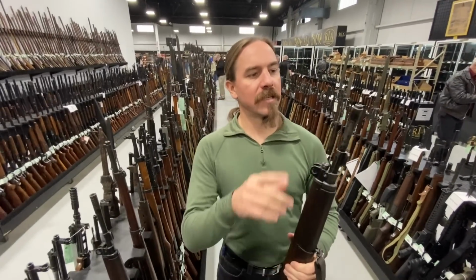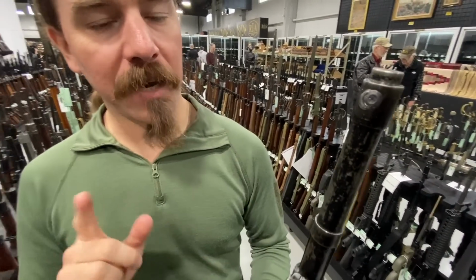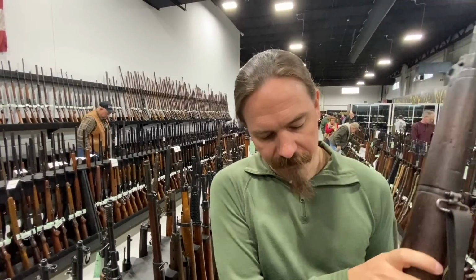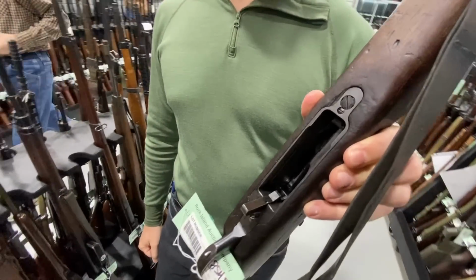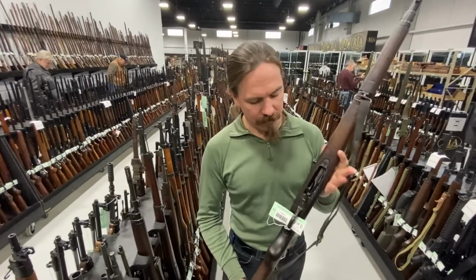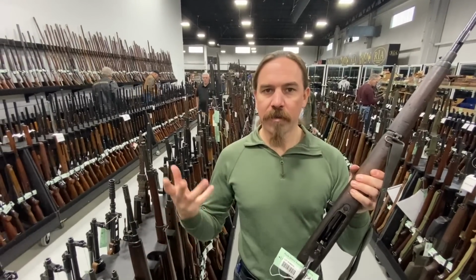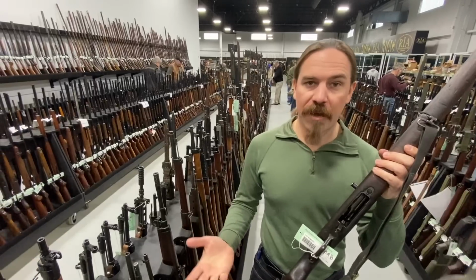You'll notice this doesn't have a muzzle device. It does have a bit of a weld there, unfortunately. But when the Argentine Navy updated the guns to 7.62 NATO, they also did something that is unique in FN49s. Namely, they replaced the fixed 10-round magazine with a detachable 20-round magazine. The magazine has been taken out of this gun because this is a preview day at the auction and they don't want magazines to lock off. But these actually came with 20-round proprietary purpose-built magazines for the Argentine Navy,